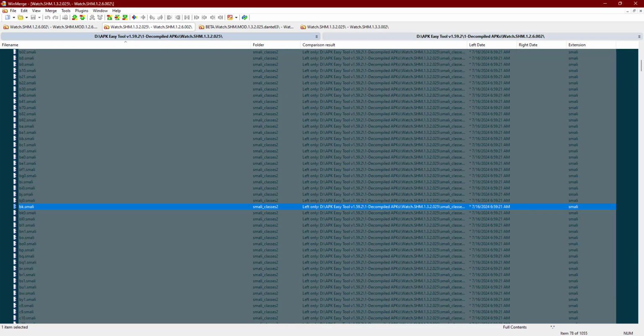IRN, or irregular heart rhythm notification, and sleep apnea both are still not working on One UI 6. And I have reached the point of not knowing what the hell is happening. What is so different between One UI 6 and One UI 5? And I tried to find the differences.